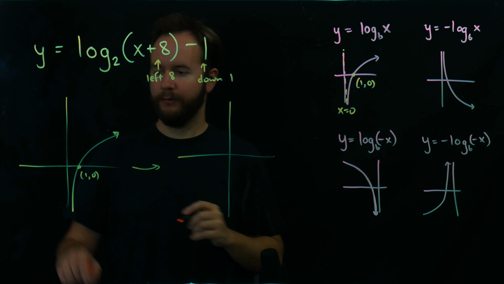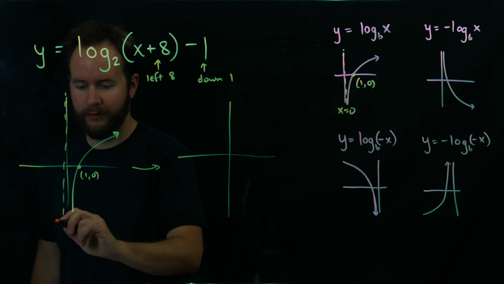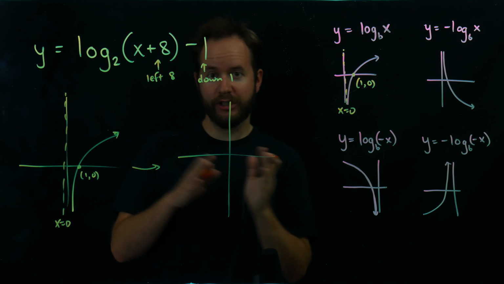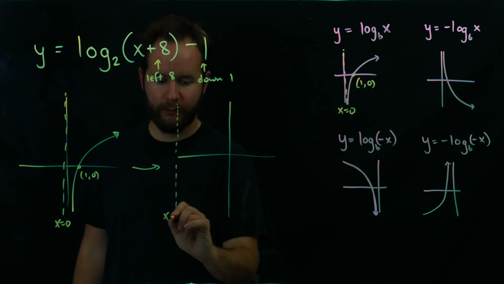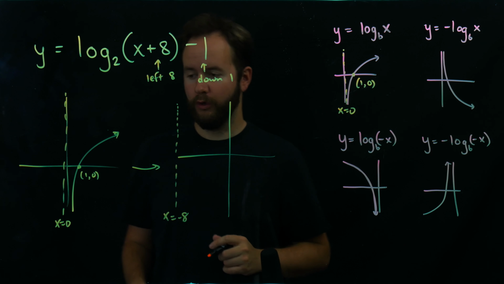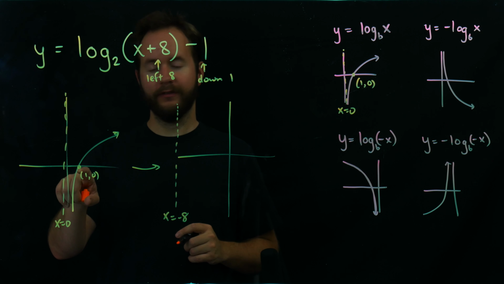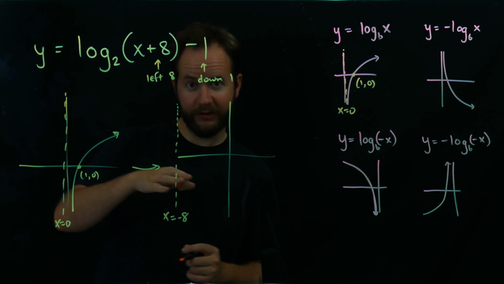we have a vertical asymptote, again, of x equals 0. But that leftward shift of 8 units is going to cause our vertical asymptote to hit over here at x equals negative 8. Furthermore, we have this point, the single point 1, 0, moves to the left by 8 units